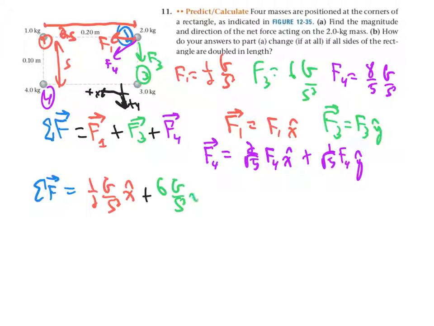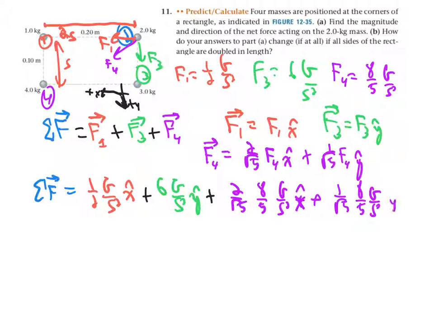6g over s squared in the y hat direction, plus the more complicated thing for F4, which is 2 over root 5 times 8/5 g over s squared in the x hat direction, plus 1 over root 5 times 8/5 g over s squared in the y hat direction. And believe it or not, now it's just a matter of getting numbers together. So we might say in the x hat direction we get,